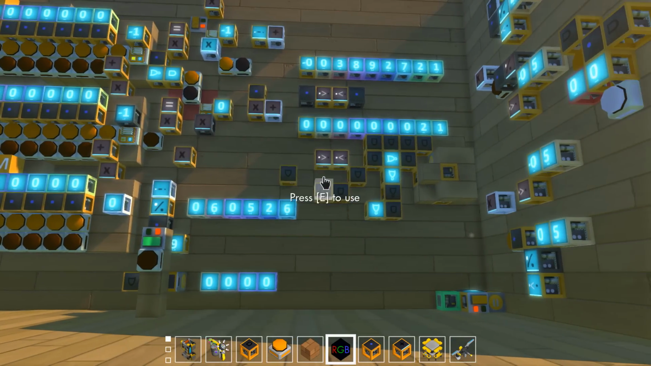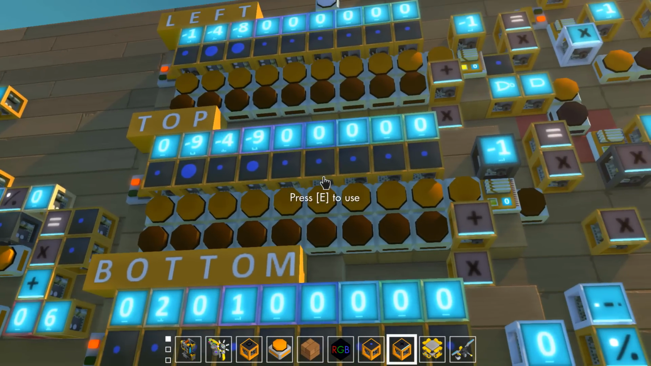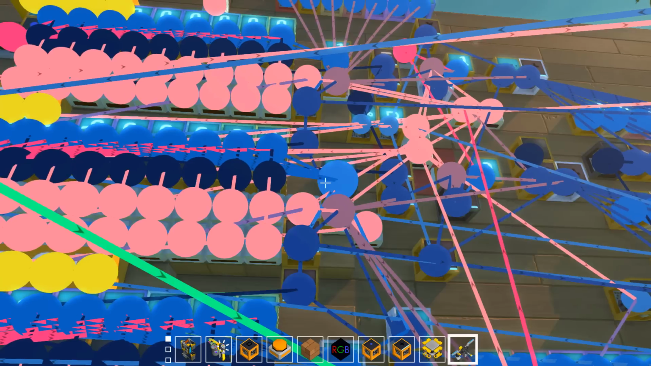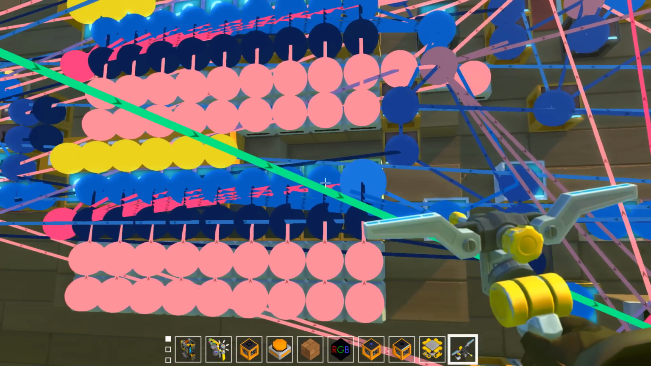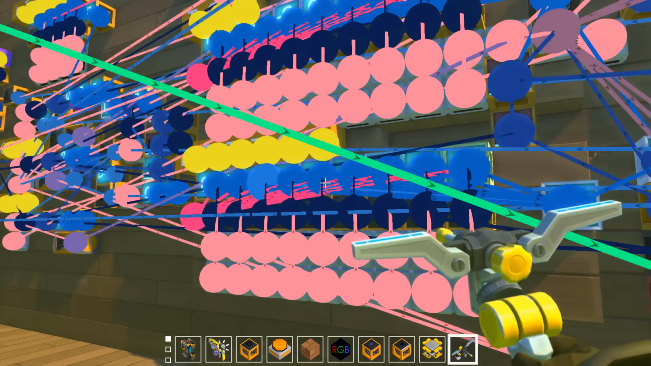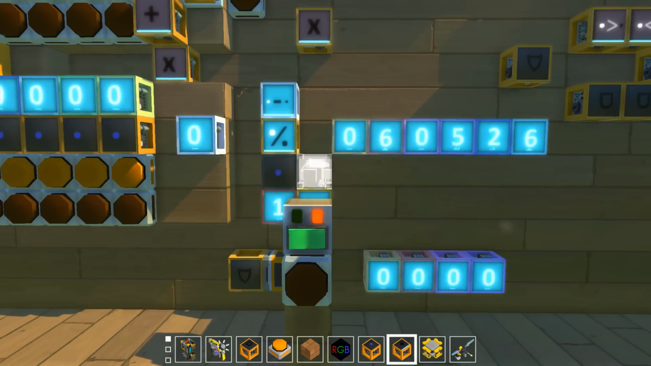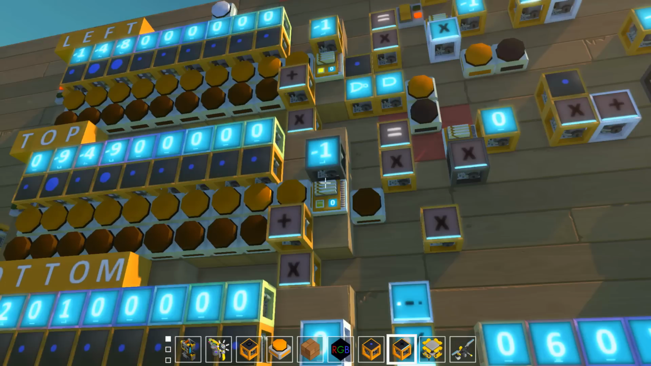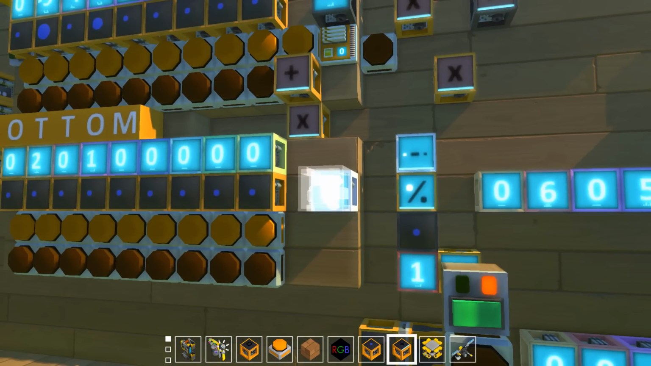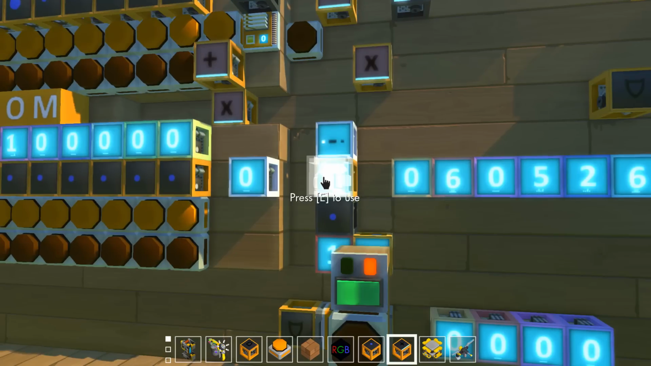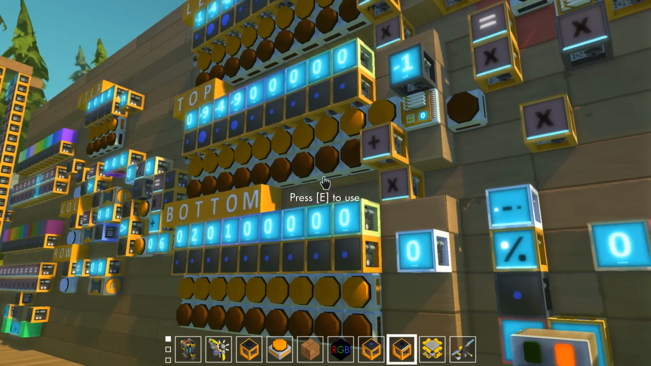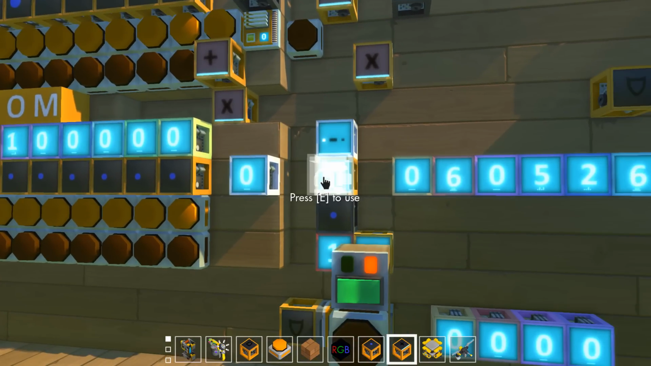So here we are in Scrap Mechanic. So the top gets summarized into this number. You can see those are all flowing into here. And the bottom all gets summarized into this number here. There's also a calculation going on. Take the top number, subtract the bottom number, and then take whatever number you get there and divide by 19,